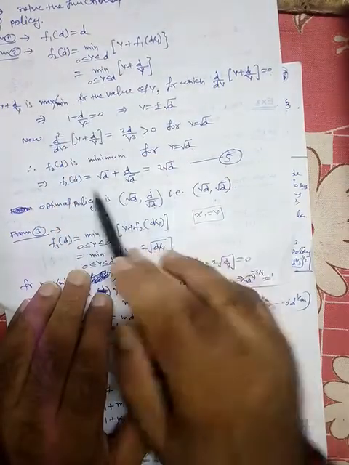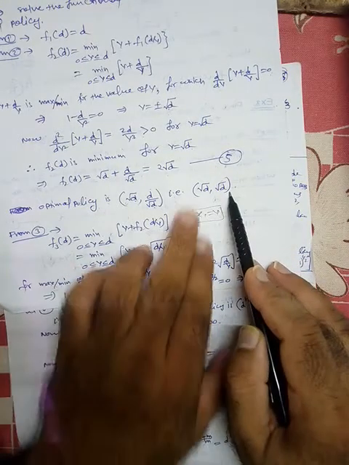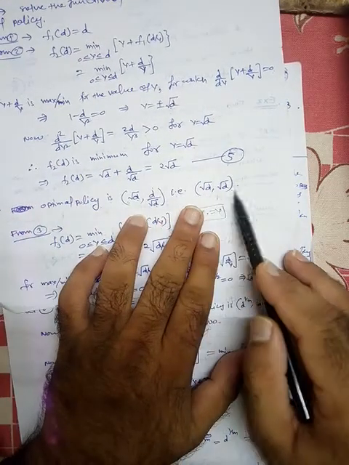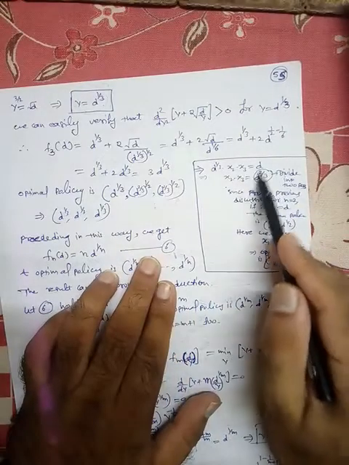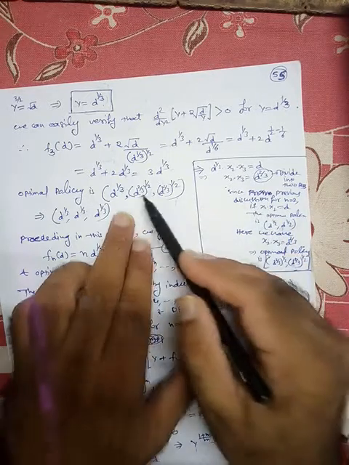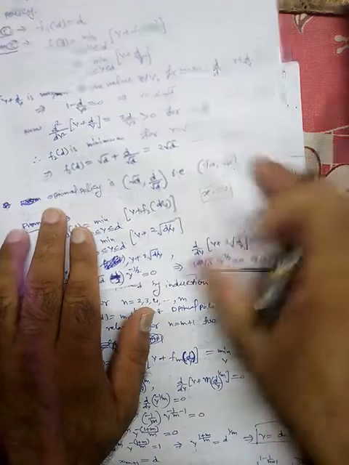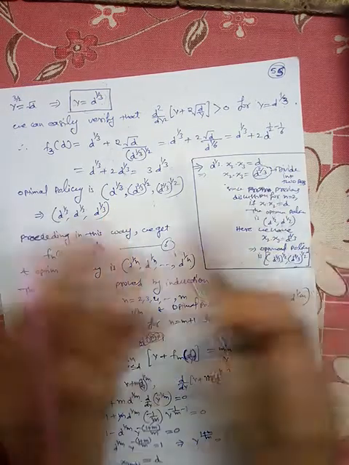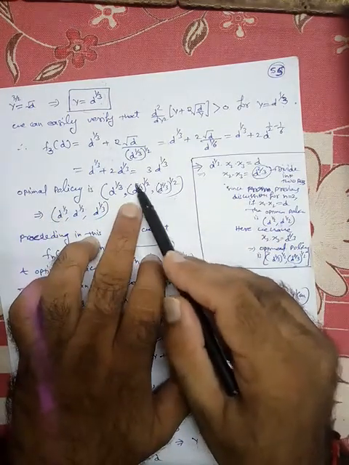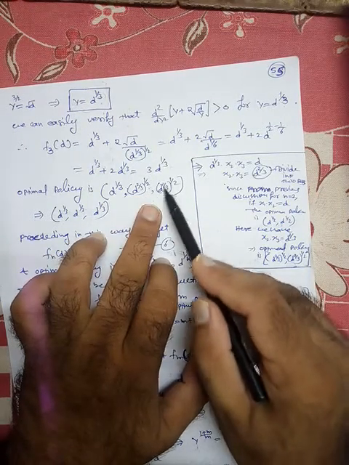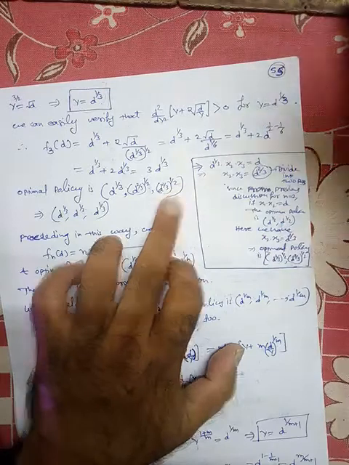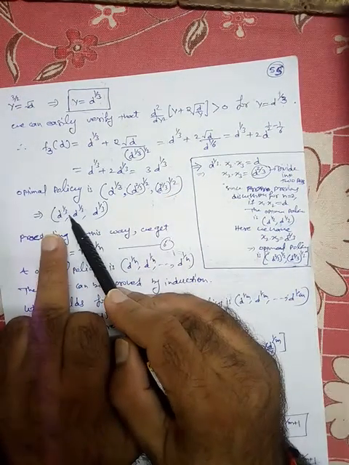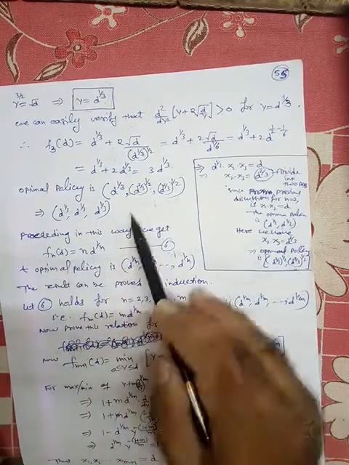When we are dividing a quantity into 2 parts, we distribute it equally. Similarly here, if the quantity is d raised to the power 2 by 3, then we take the square root of it, according to this, because we divided a quantity into 2 parts using the square root. So this remaining quantity also we divide into 2 parts. So we get d raised to the power 2 by 3 raised to the power half, and according to the previous policy, ultimately we get d raised to the power 1 by 3, d raised to the power 1 by 3, d raised to the power 1 by 3. So we keep distributing equally.